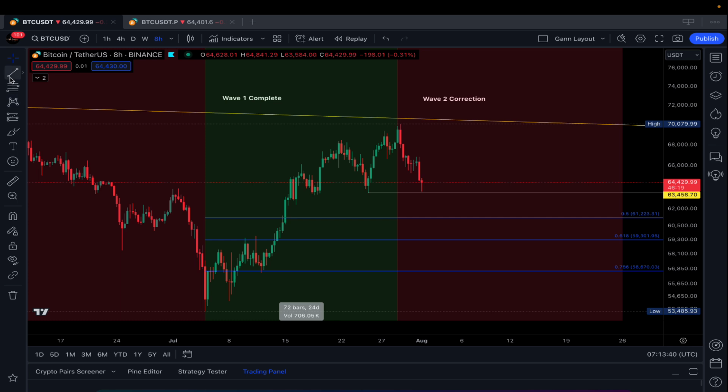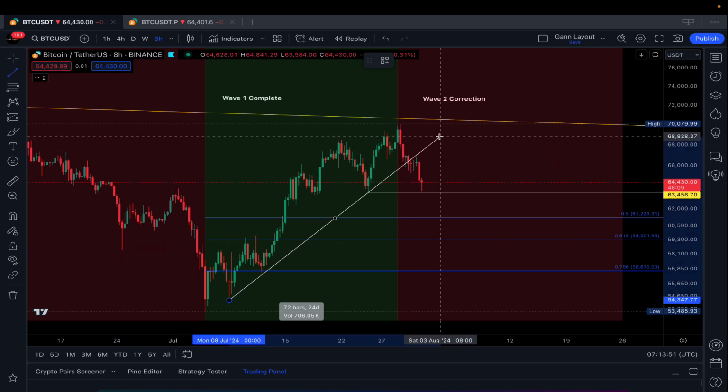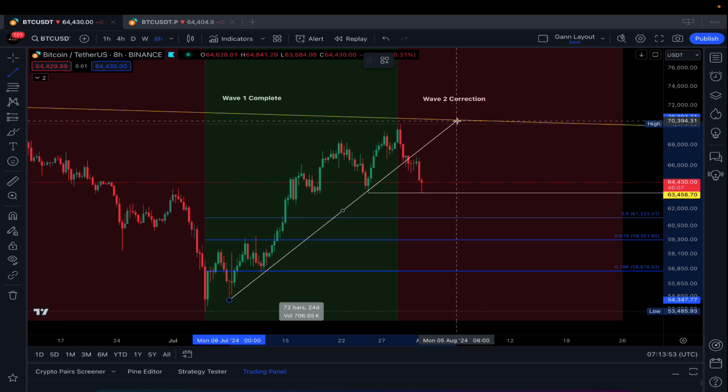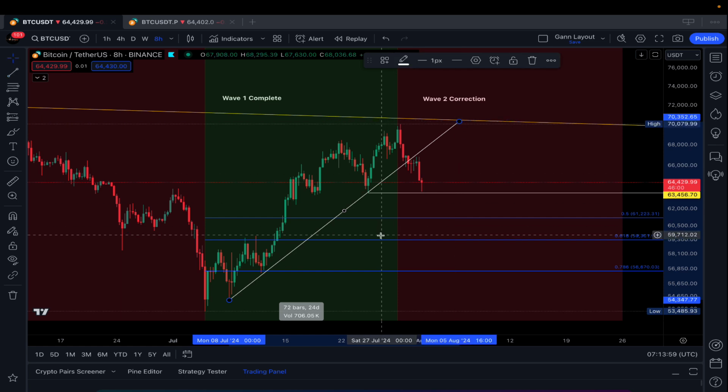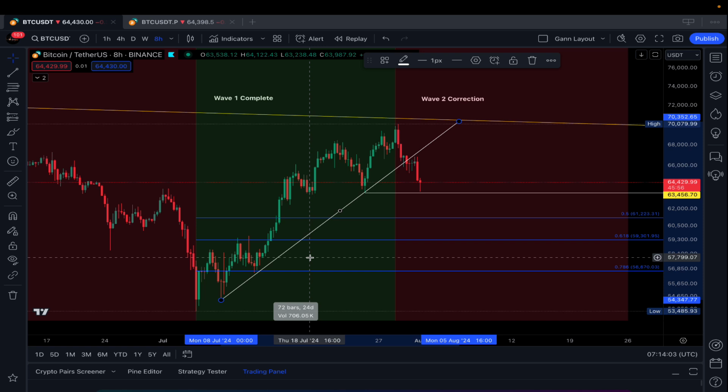It's important to understand that sometimes we are working on the lower time frame based on assumptions that are not yet validated on the higher time frame. That's simply the way it goes. You could, of course, wait for the higher time frame. I don't always wait. I am assuming that Bitcoin is already in a correction.